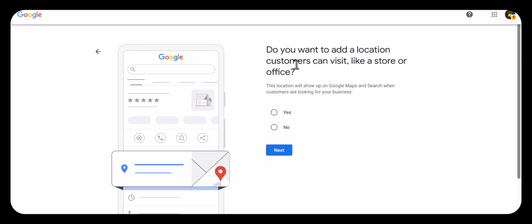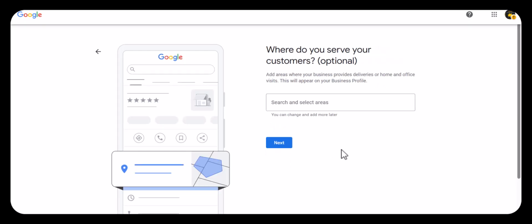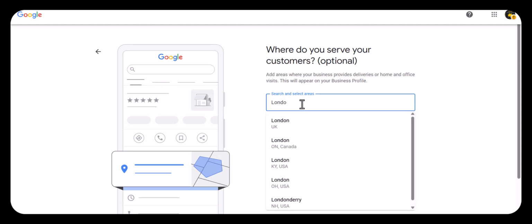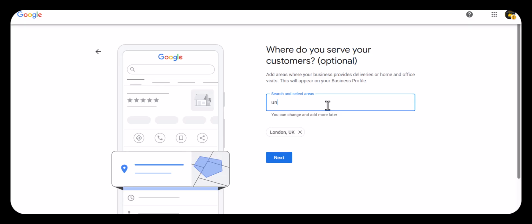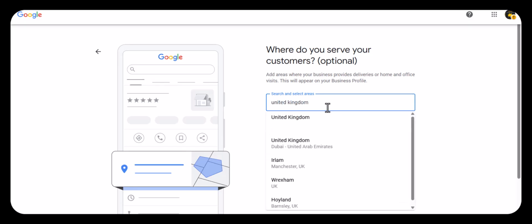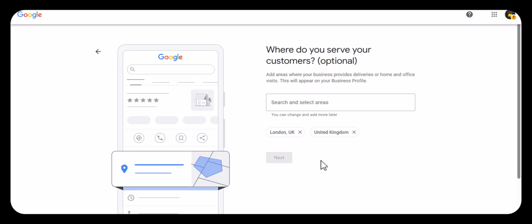In this section, it's optional. Like if your business has a physical location and you want customers to visit your place or store, you can simply select yes, otherwise no. So for the moment, for this business, they have a physical warehouse, but I'll be selecting no because they don't have anything on display. So they are not allowing customers to visit their places. So here I'll be writing the places like London and United Kingdom. Then I click next,